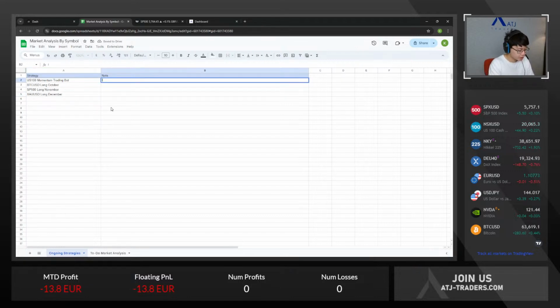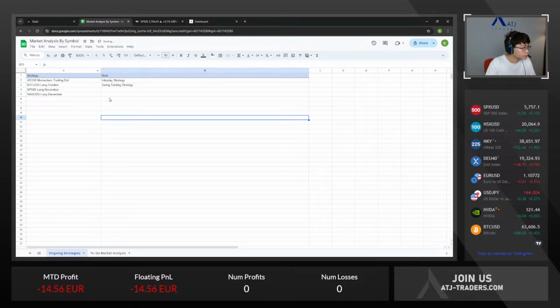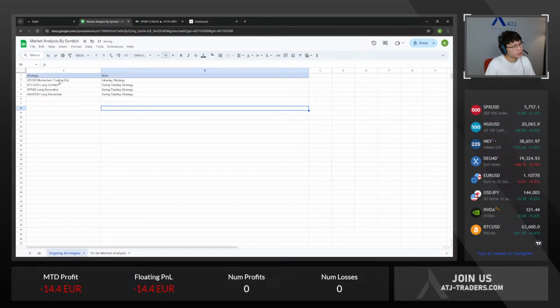So this is an intraday scalping bot basically, right? Because it only holds the trade for not really scalping. Let's just call it intraday trading bot. So this is an intraday strategy. This is more of a swing trade, right? Which lasts for a month. So this is a swing trading strategy. And now because we have three swing trading strategies going on,